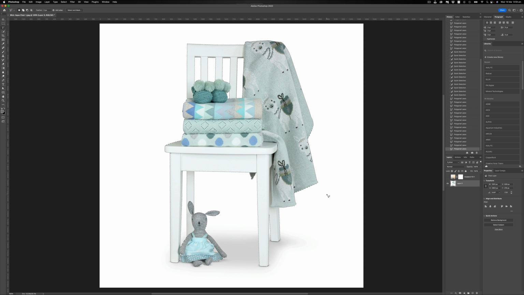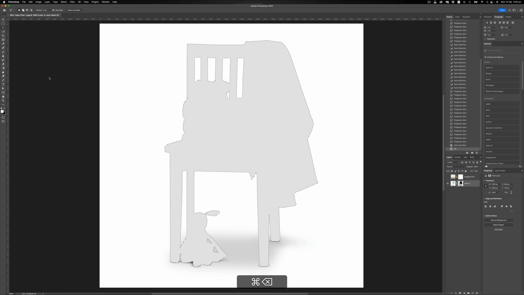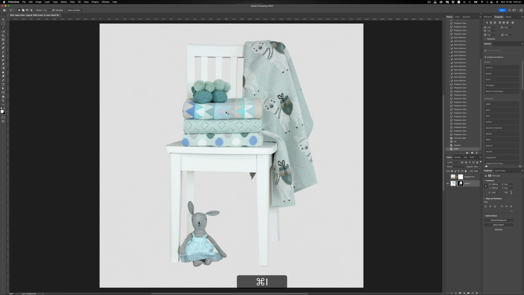So now I've contoured it, and what I want to do is create a mask. So we'll go to Layer, Layer Mask, Reveal All, and we will fill it with black. But we'll deselect, Command Inverse, and that will reveal and remove the background. So what we're going to do is push that up to the top. We'll duplicate it